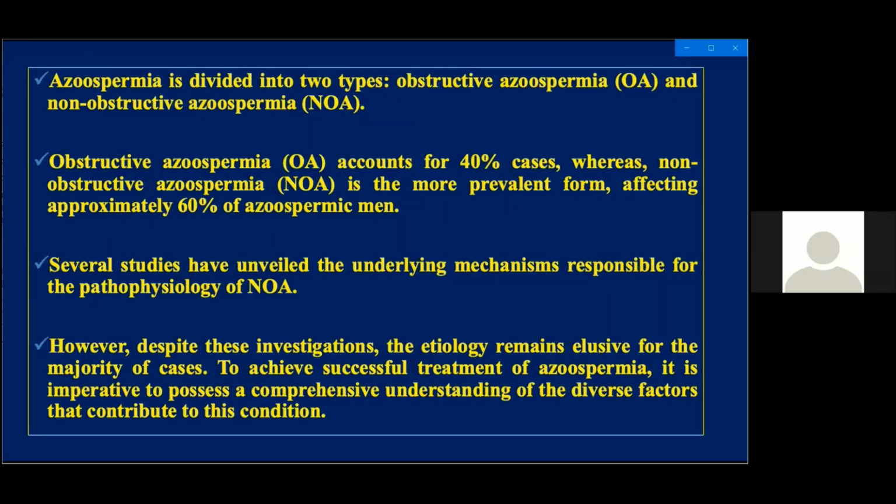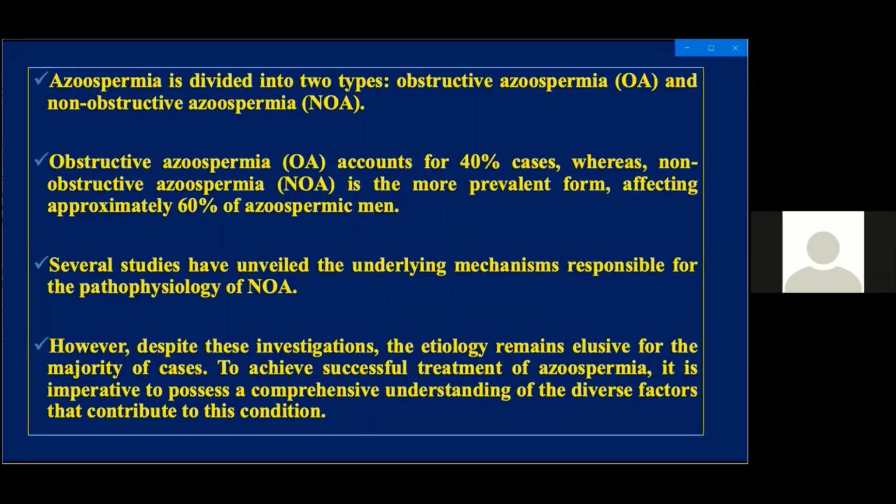Obstructive azoospermia, or OA, accounts for 40% of cases, whereas non-obstructive azoospermia, NOA, is the more prevalent form, affecting approximately 60% of azoospermic men. Several studies have unveiled the underlying mechanisms responsible for the pathophysiology of NOA. However, despite these investigations, the etiology remains elusive for the majority of cases. To achieve successful treatment of azoospermia, it is imperative to possess a comprehensive understanding of the diverse factors that contribute